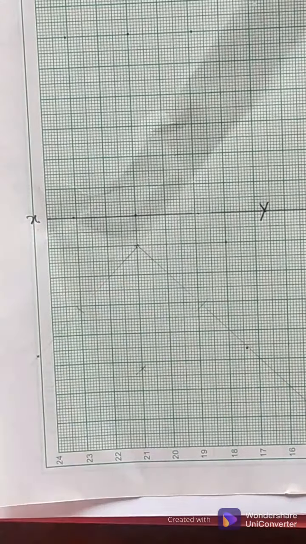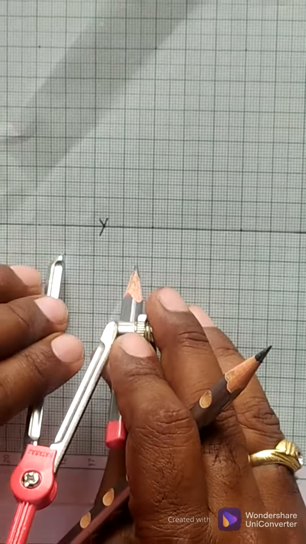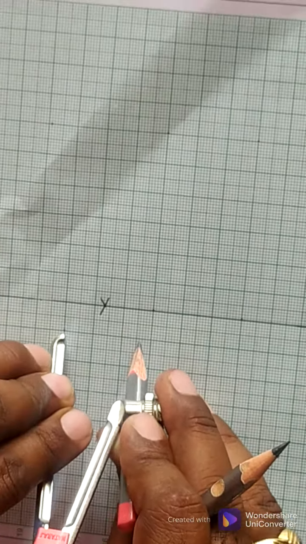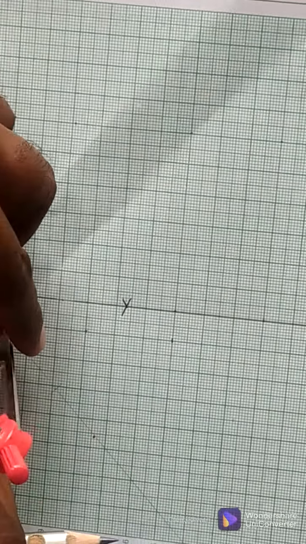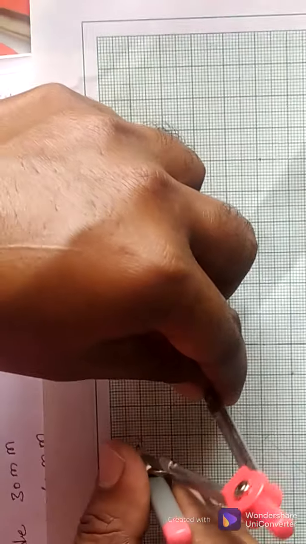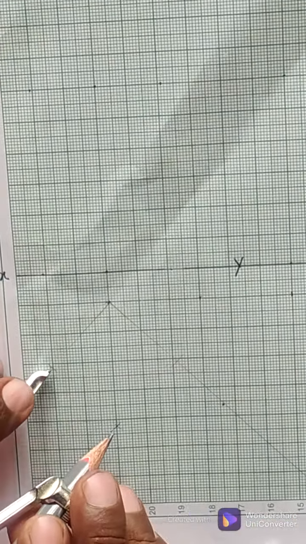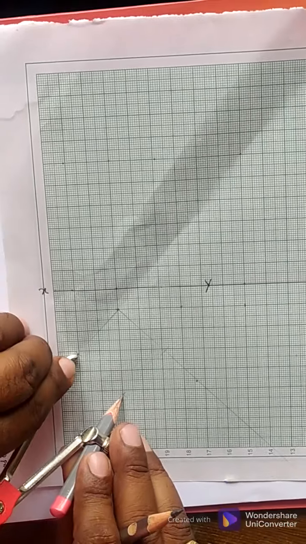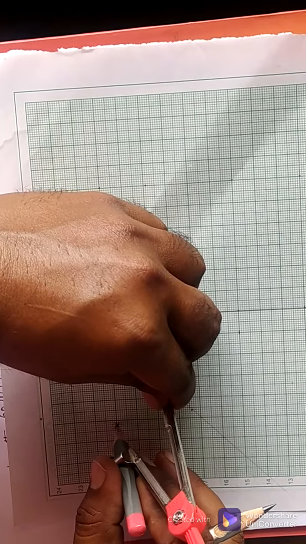So 45, 45. I'll take the length. Each side is given as 30 mm, so I'll take the side as 30 mm. I'll keep the compass here and cut here. Similarly, I'll cut here also. Similarly, from this point, I'll cut it here.